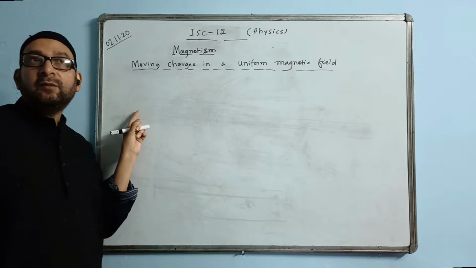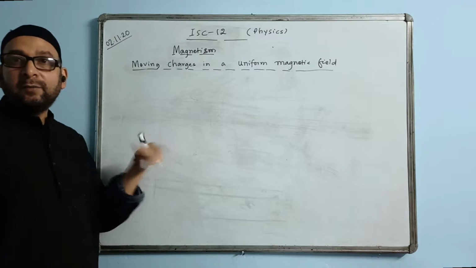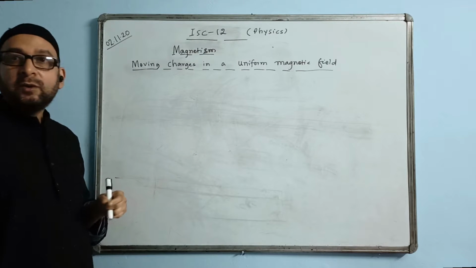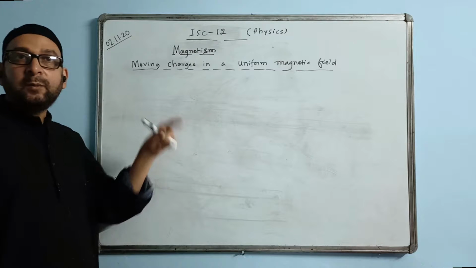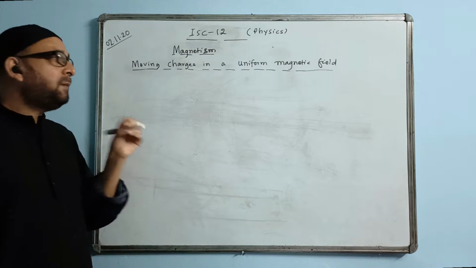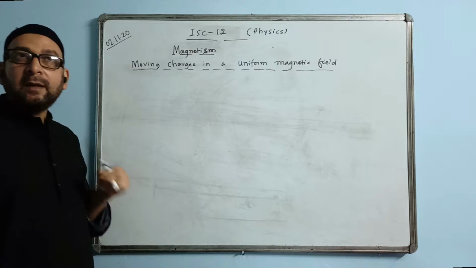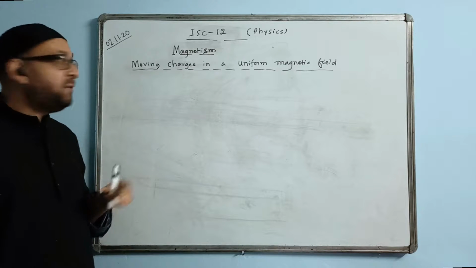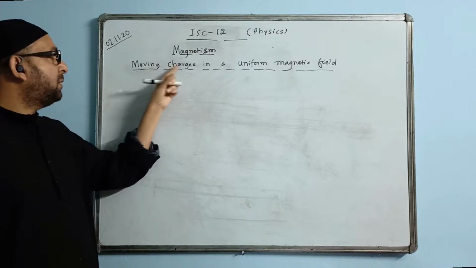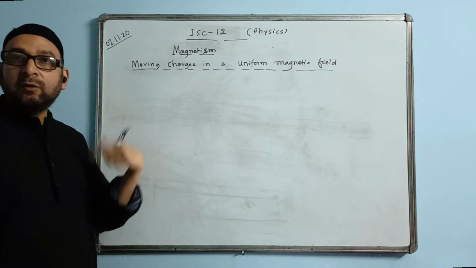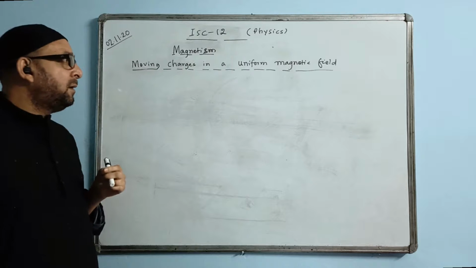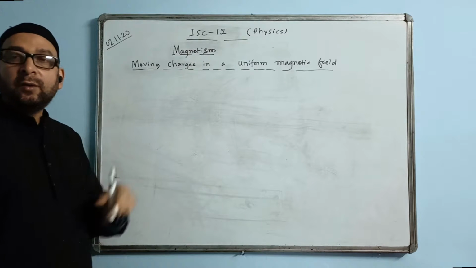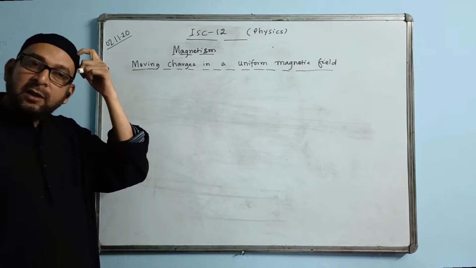And then I gave you the formula of the time period, or the period of revolution. So it was T equal to 2 pi m by qB, and the frequency formula will be just the opposite. Then I discussed a little bit about the cyclotron. What is a cyclotron? It is a device which accelerates a charged particle along a circular path so that it does not lose any energy. A cyclotron is mainly used for the nuclear fission reaction in nuclear reactors.